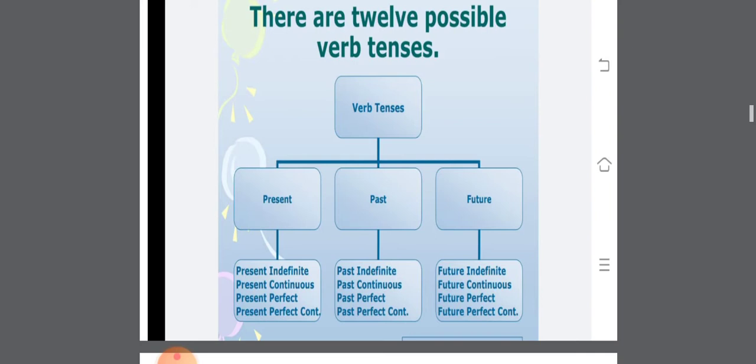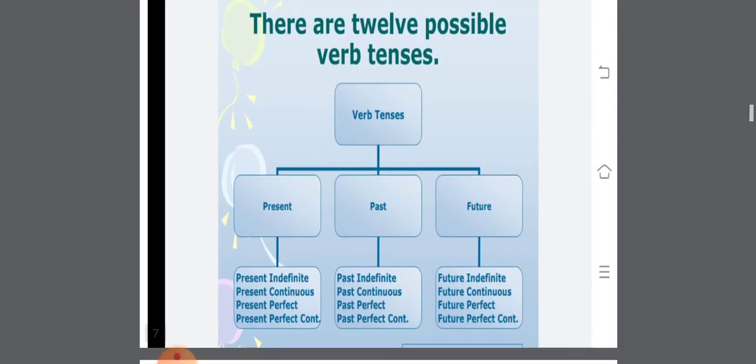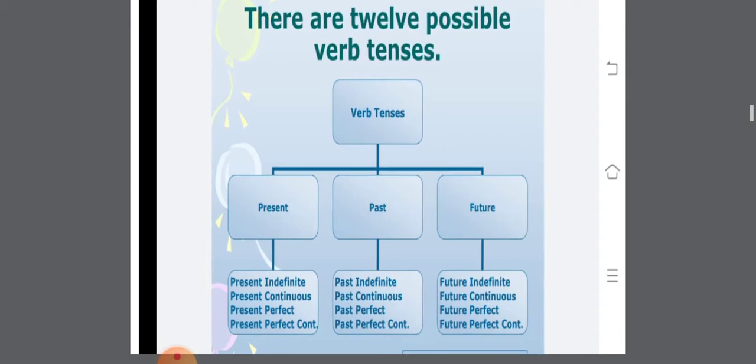to express different tenses. Remember, we have seen first 3 categories or divisions of tense based on time. Those are present, past, and future. And based on aspects, meaning the nature of action, how the action has been completed or occurred. So depending upon the mood of the speaker, expression of the speaker, we again divide the tenses into 4 broad categories. What are those? Indefinite, continuous, perfect, and perfect continuous.